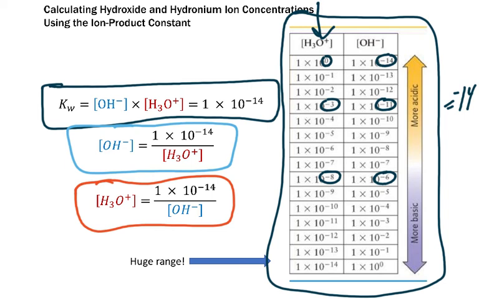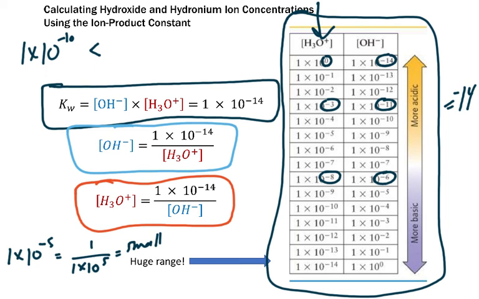And remember, these are negative exponents. So just another quick note about that. For example, 1 times 10 to the negative 5 is kind of like saying 1 over 1 times 10 to the 5. So it's a very small number, right? These are all very small. And the bigger the negative exponent, the smaller the number. For example, 1 times 10 to the negative 10 is less than 1 times 10 to the negative 7. Right? Okay. Let's do a question and then we'll